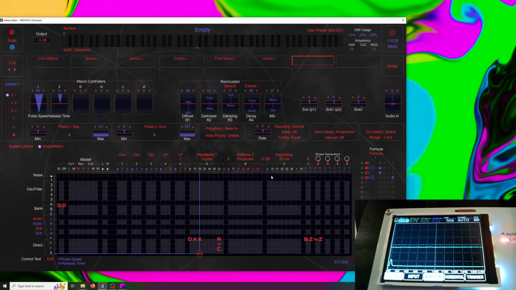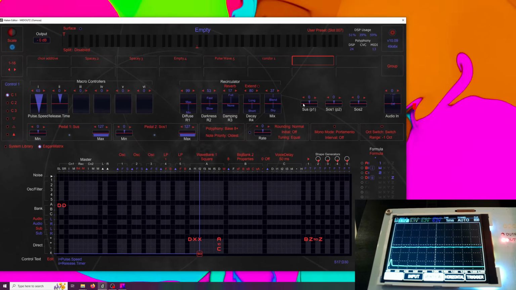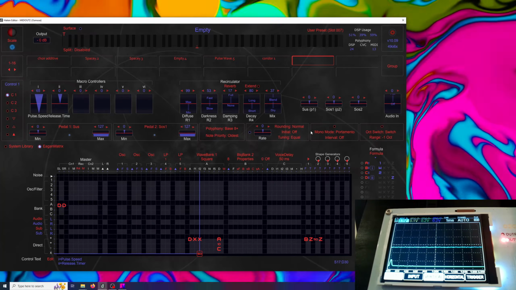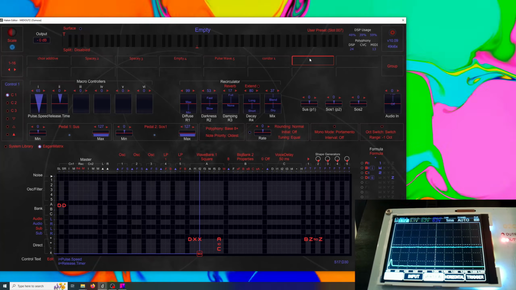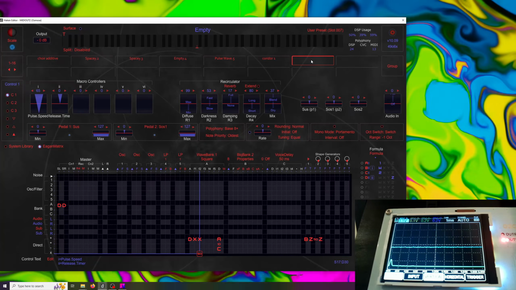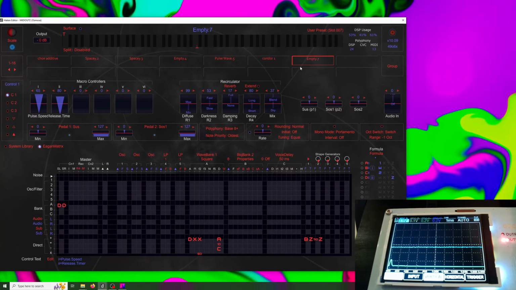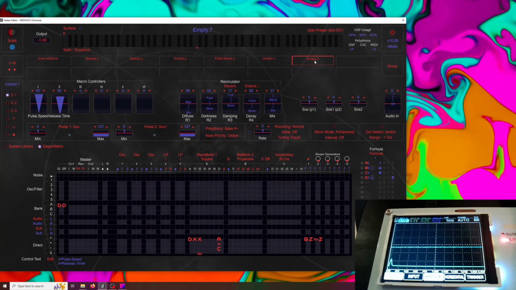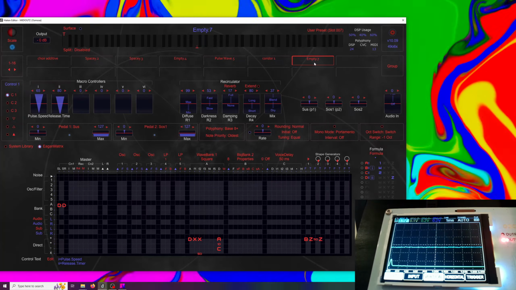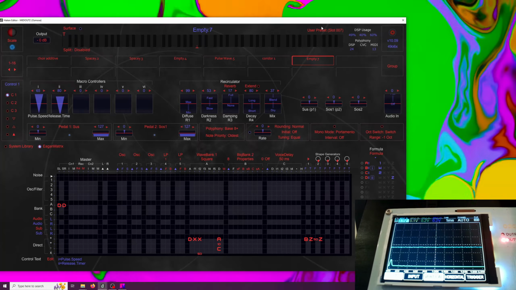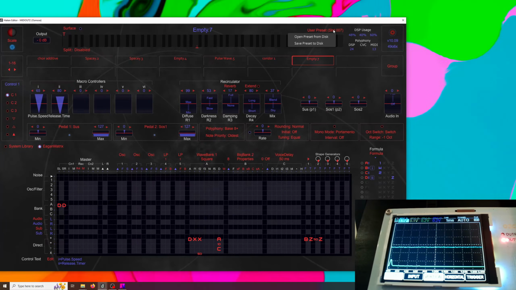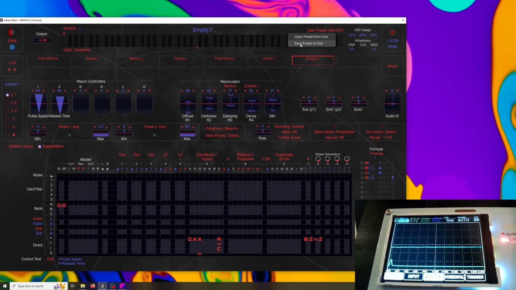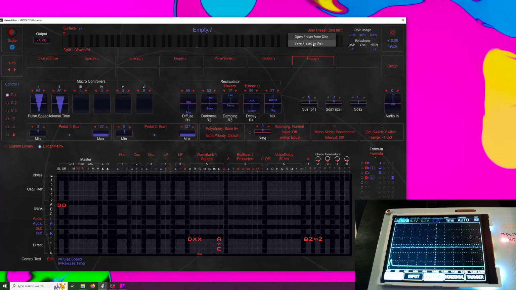And now let's finish up by saving it. You can simply save it by holding shift down and then clicking on one of these slots here. So if we click this one, you can see it was saved, but it's currently named as empty. So if you click here on user preset, save preset to disk, we click that,